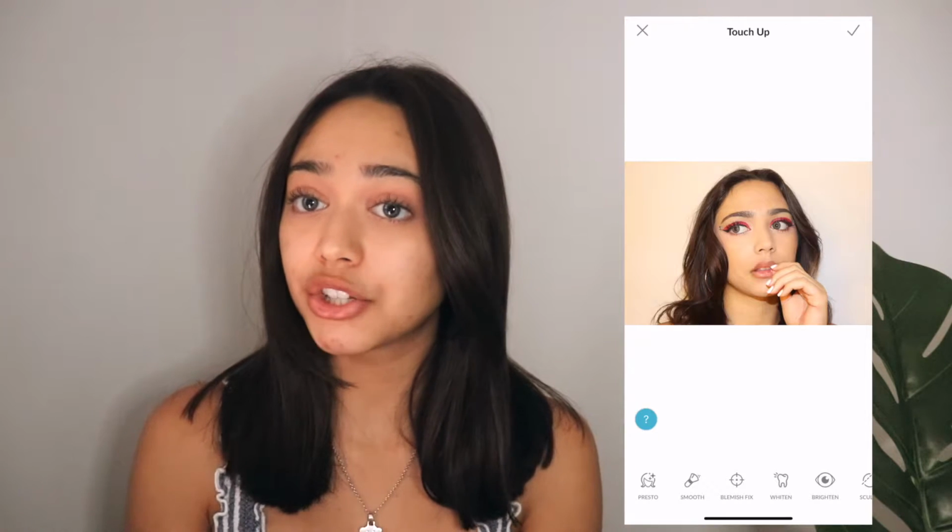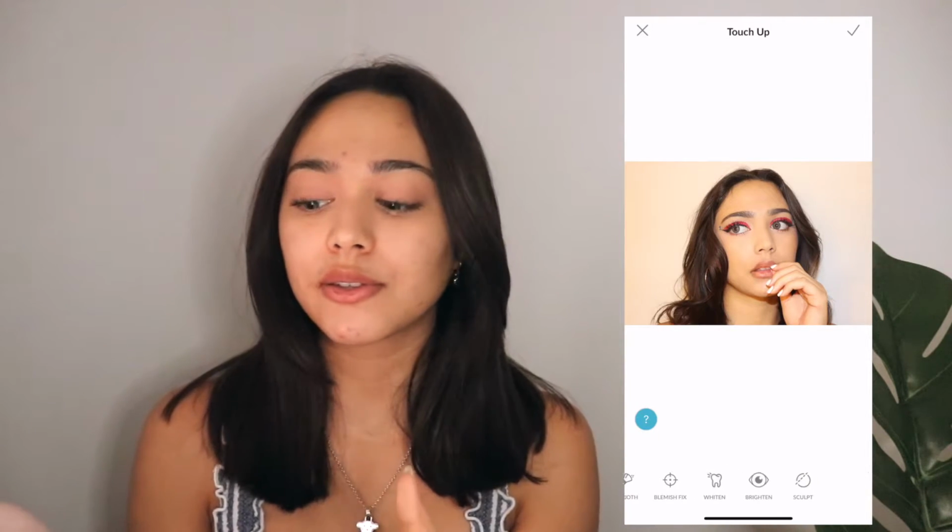So for this example, I'm going to be editing this picture that I took about a week ago. It has this sort of euphoria theme, but I decided to do this picture because I feel like it has mostly a mixture of all the things that I do to edit my pictures. So this is the picture straight out of the camera, and the first thing I like to do is to edit my face on Picmonkey, because if I have a pimple or two or I have particularly dark circles, I try to blur that out so that my skin tone evens out and everything, and then I go on with a filter. So I selected the picture in Picmonkey, and now I'm just going to use the touch-up feature